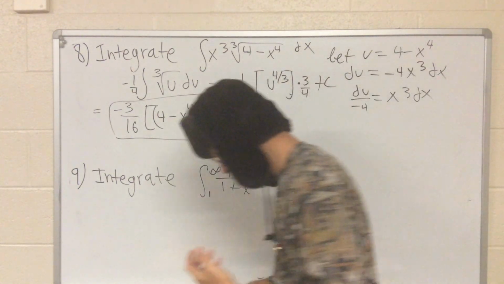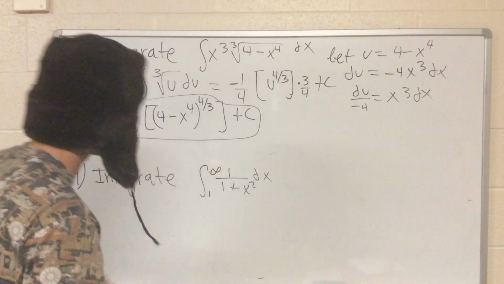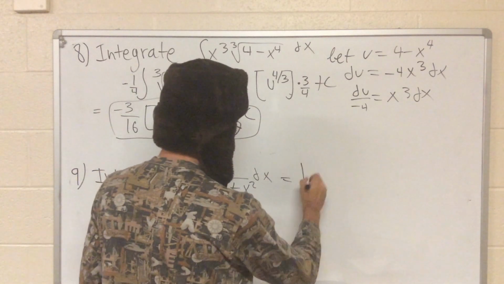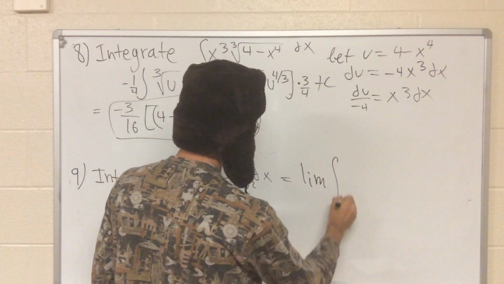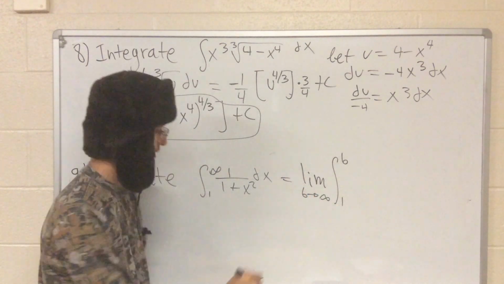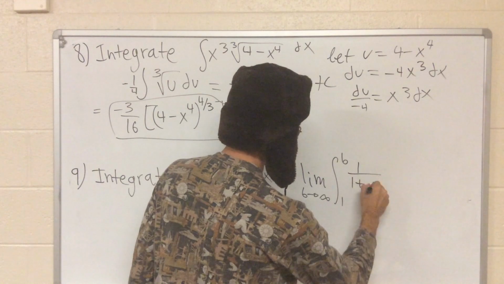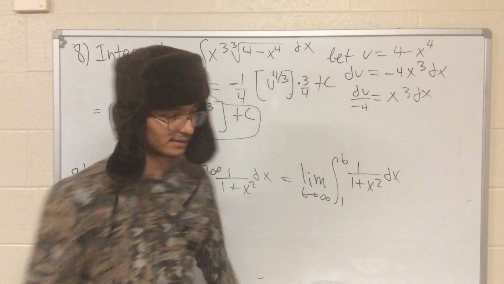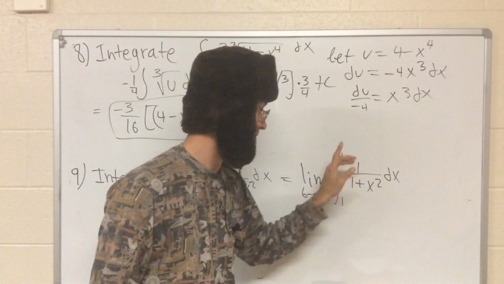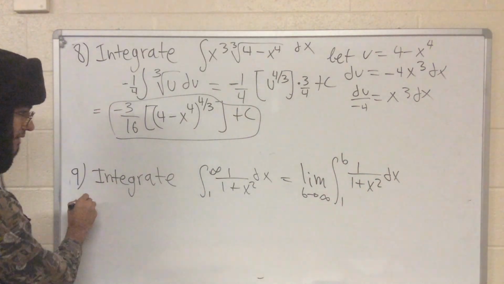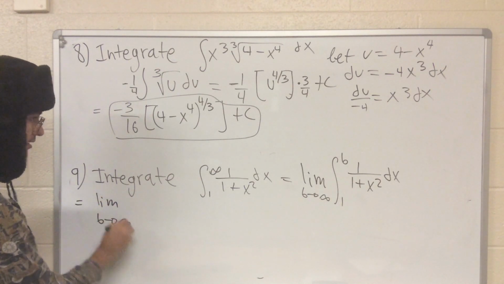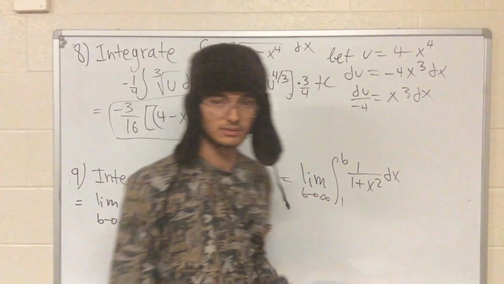So here's how we're going to treat this integral. First of all, we have to rewrite this as the limit of the integral from 1 to b as b approaches infinity of 1 over 1 plus x squared dx. Now we can integrate this and then evaluate our limits of integration at 1 and b. So we have that this is equal to the limit as b approaches infinity of the integral of